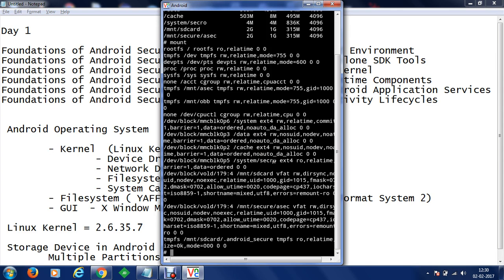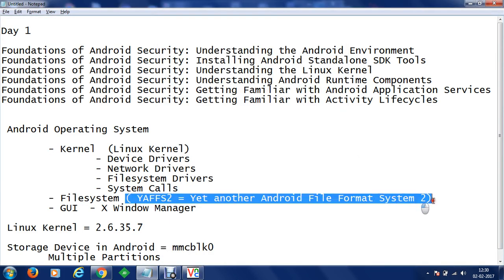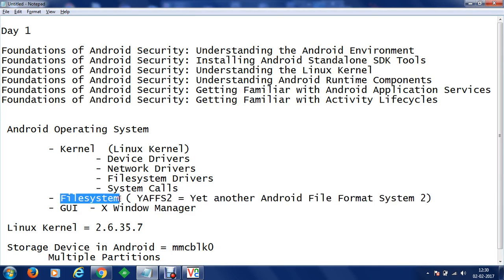So basically the Android file system or Android environment is a collection of multiple file systems, and every individual device can be mounted through a specific file system. What this mounting is, I will explain a little later once we do the data forensics part. Now we can understand that there are many file systems available in our Android operating system, and every individual device can be mounted with respect to a file system. So Android is a collection of multiple file systems, and this is managed in the file system section here.